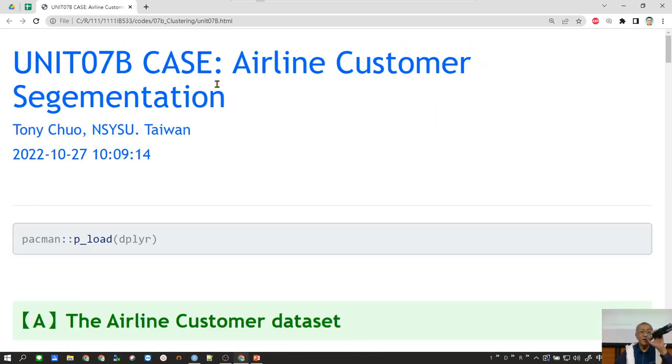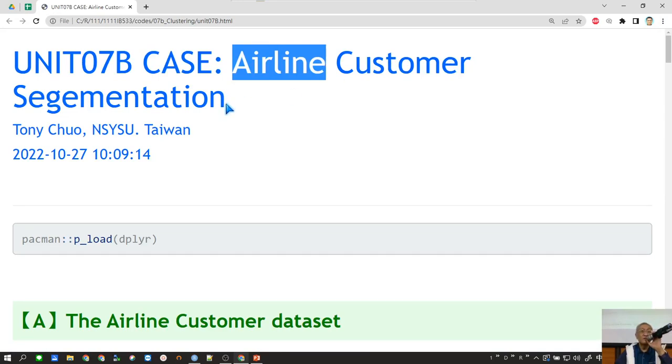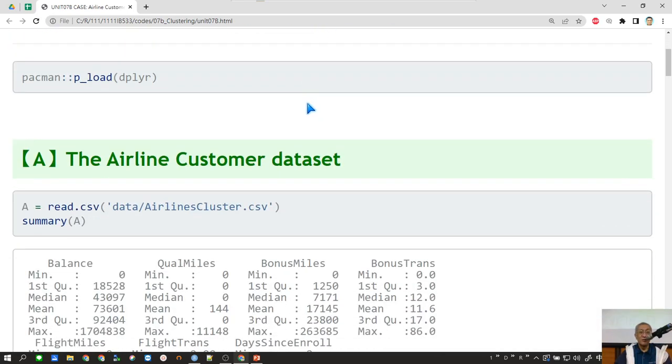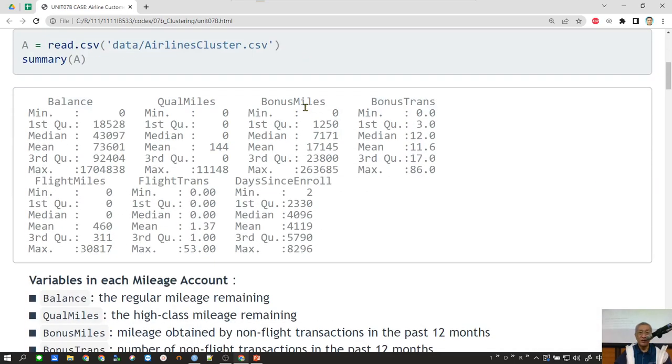Now, 7B is actually an airline customer segmentation. Okay, it's airline customer segmentation. So we load the data, and as you can see that the